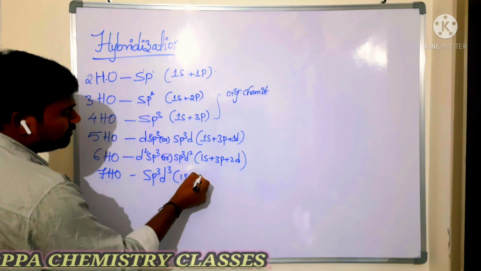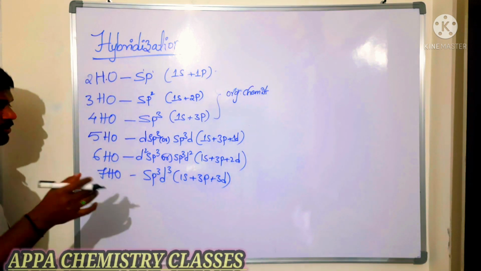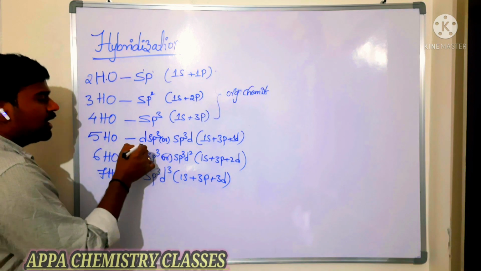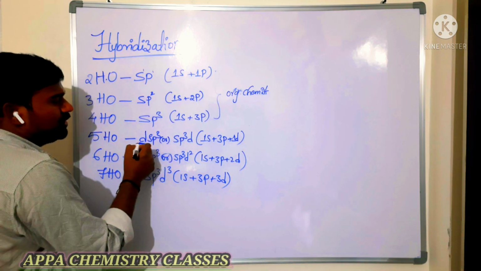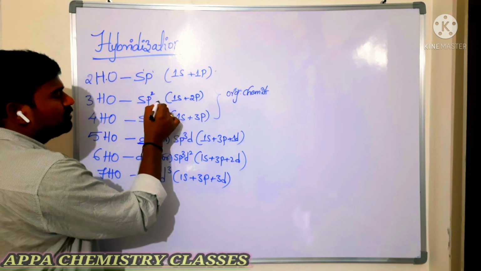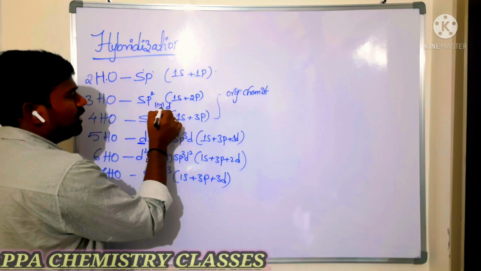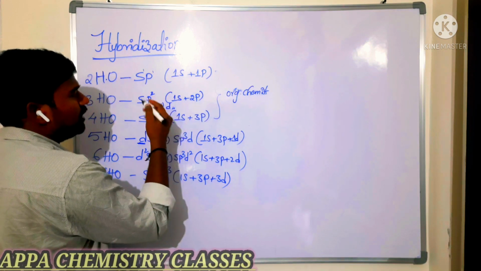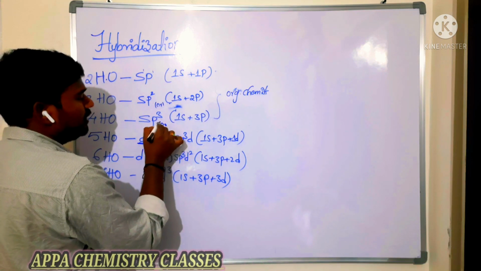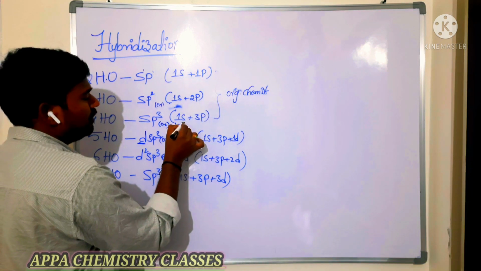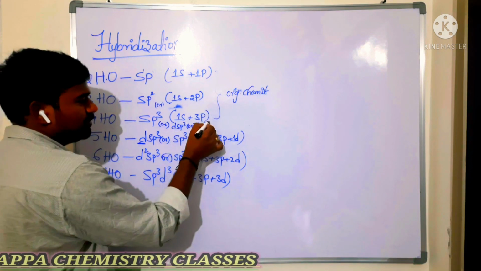That is 1 s, 3 p orbital, 3 d orbital. Now you do remember here, d orbital is involved. In some cases it will be dsp3. Here also it may be possible, in case of inorganic compounds I am saying, that it is sp2d or dsp2. In some cases, sp3 or dsp2 or sp2d will be possible.